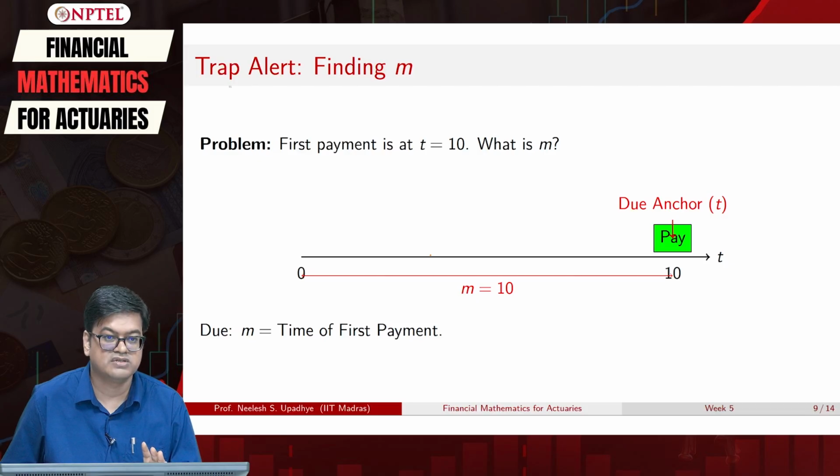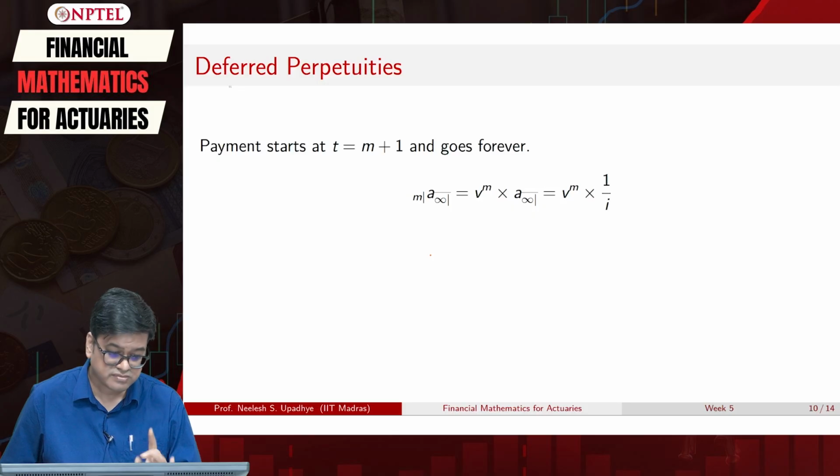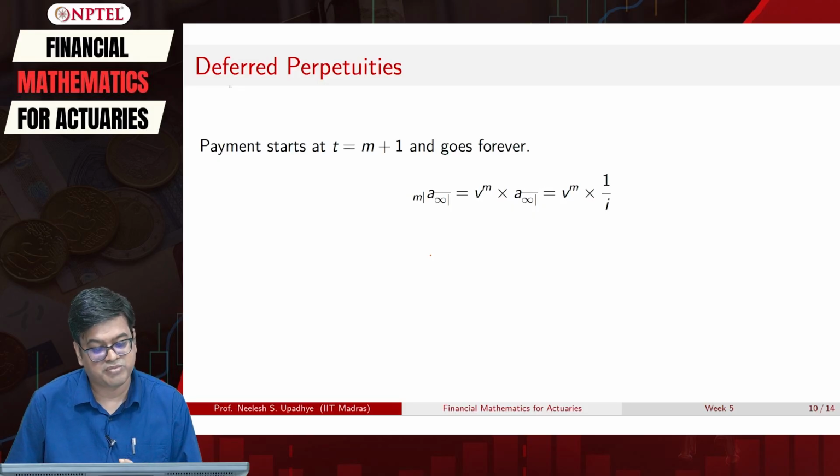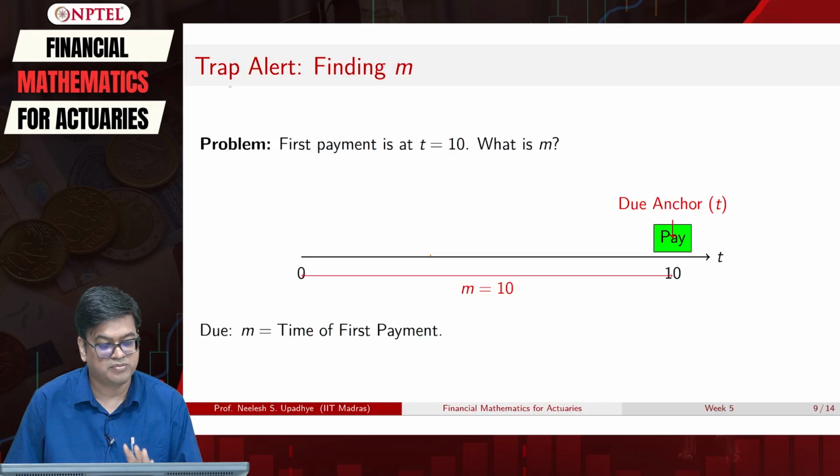And if you follow this, then your payments will start at proper time and there won't be any delay. So, it is the internal logic that you need to make clear, otherwise there is no trap as such. Okay. But remember, do not fall prey to this double dot thing. I suggest you to always go to our regular annuity immediate.